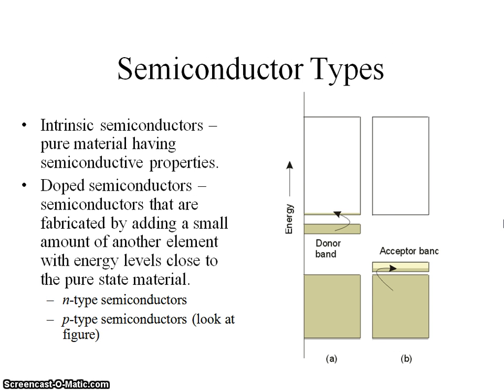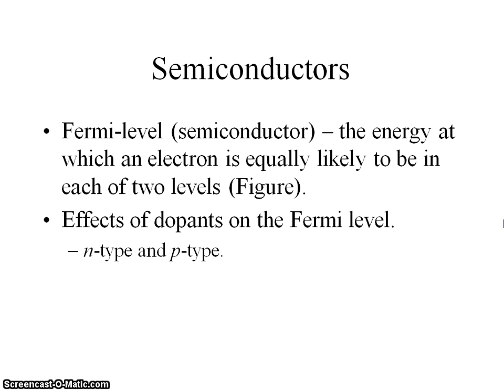Semiconductor types: you can see the donor band and acceptor band. Intrinsic semiconductors are pure materials having semiconductive properties. Doped semiconductors are fabricated by adding a small amount of another element with an energy level close to that of the pure material, giving n-type and p-type semiconductors. So, the Fermi level,